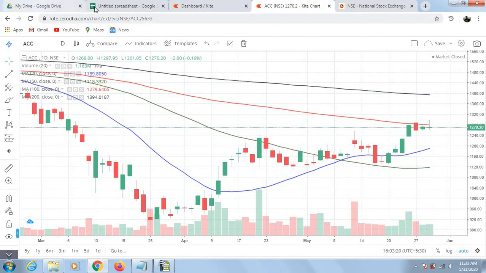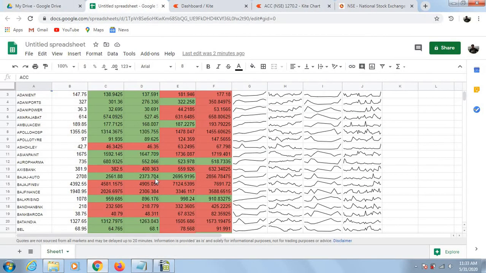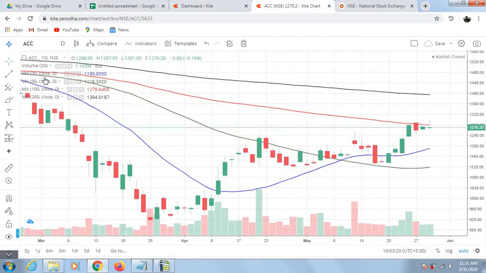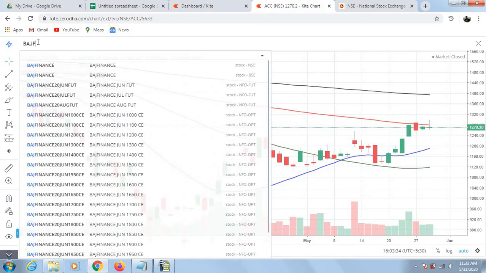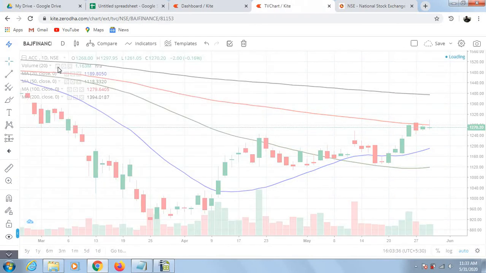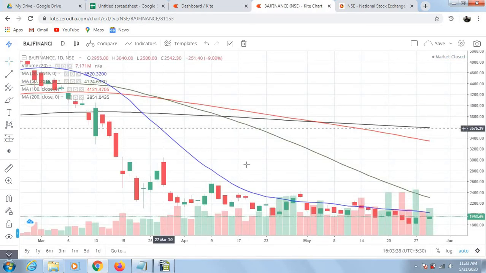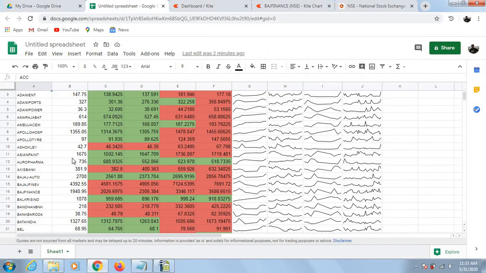So we will verify for one more, which I can take as Bajaj Finance. So we'll just see it. I'm just taking Bajaj Finance. So as you can see, Bajaj Finance is everything under its moving averages, and the values are 2026, 2306, 3346.